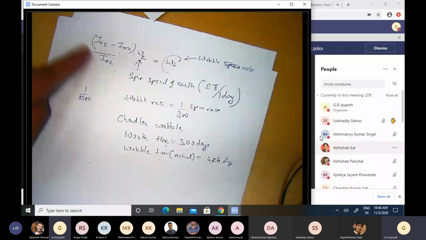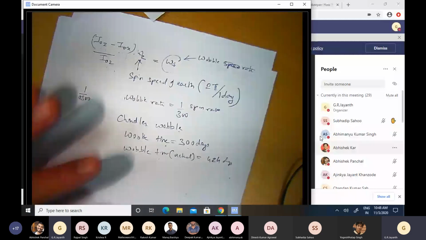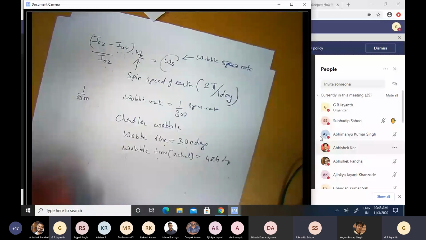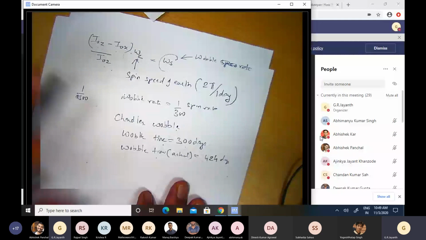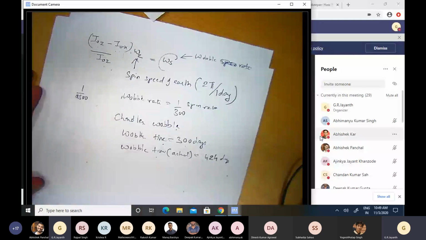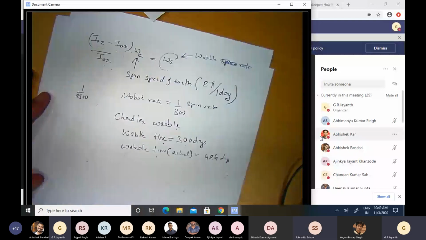I'll maybe get back to you about this some other time. Okay, sir. Thank you. But this result is correct. Just that in the application of the equations to get this result, there seems to be some intuitive gap which I'm not able to immediately fix, and I will think a little bit more and get back to you. Okay, sir.